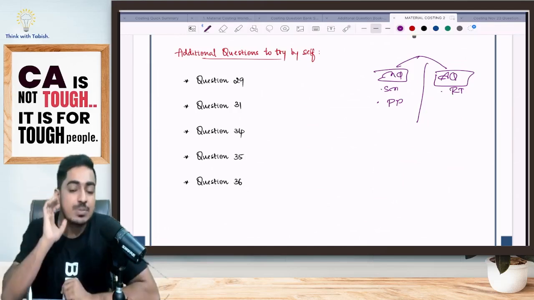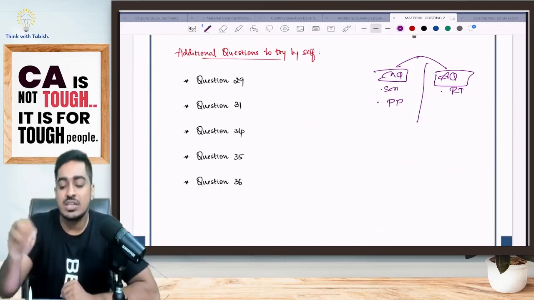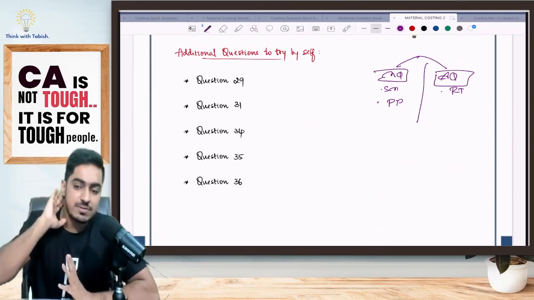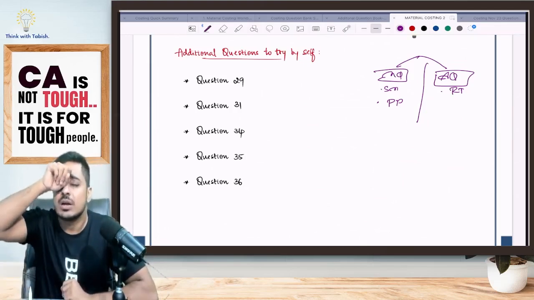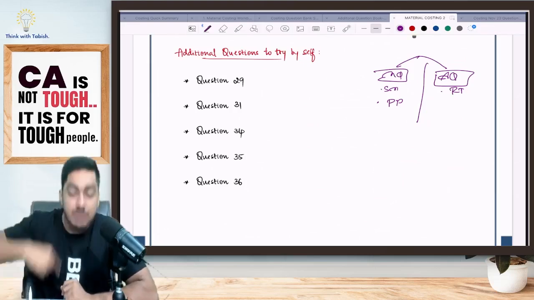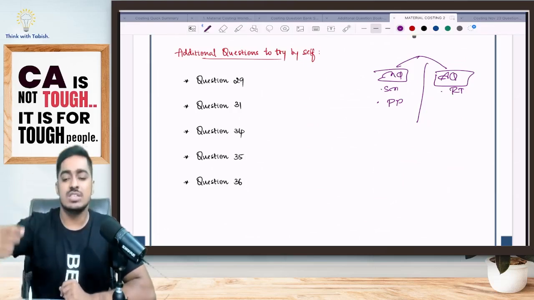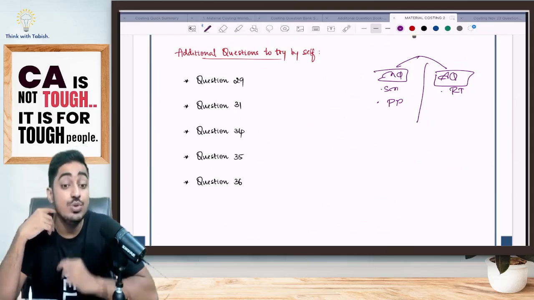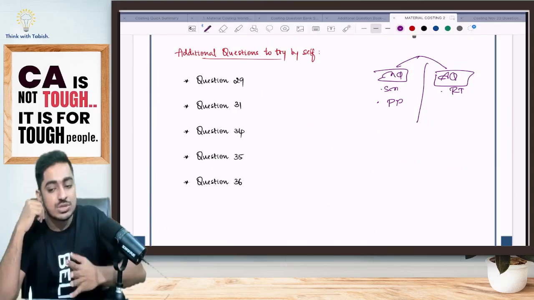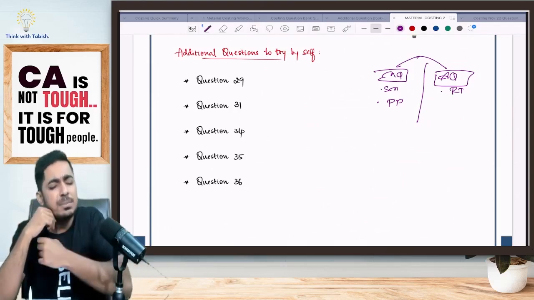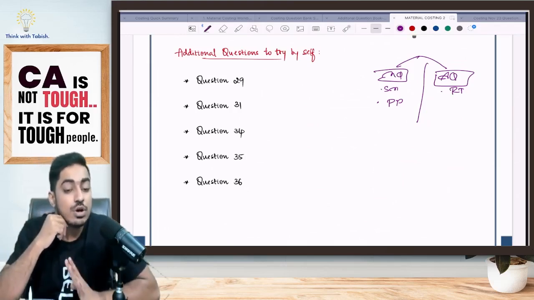But costing is that paper wherein there is no need to learn anything, to be very frank. But if you sit and learn by heart, it doesn't matter how much you learn by heart, there will be no end. Because in every question, a new thing can come. So there is no end. Imagine we have solved 1000 questions. In the examination, a completely new 1001st question can come for costing.